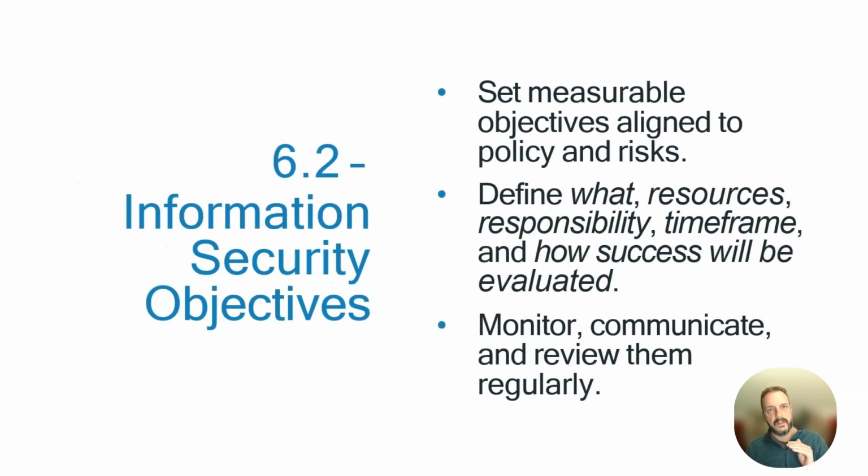So moving on then, 6.2 then says, what are your security objectives? So you've got to set some very high level objectives through your ISMS about what you want to achieve, and then define what resources you're going to need to deliver against those objectives. So who's doing what, where, and when are the key things to answer here. And you need to capture those in a set of objectives. For example, we're going for ISO 27001 this year, or we are going to implement Security Onion this quarter.